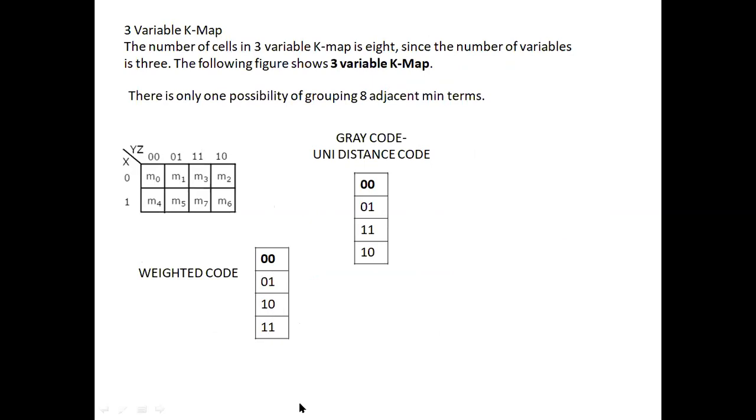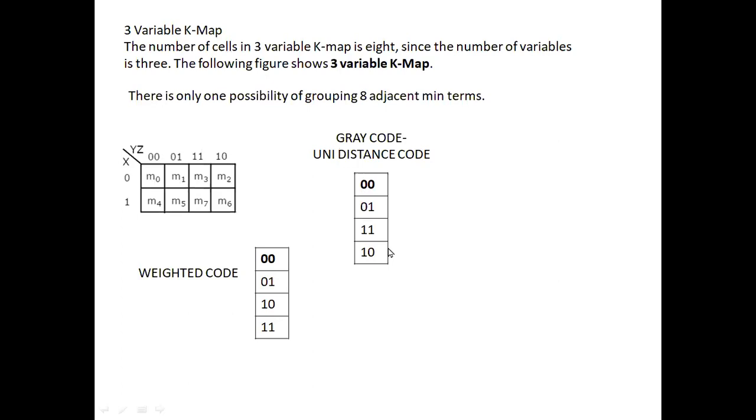If you go for the next things, you may have 3 bits here, so that you can have it in a different way. But here we are using unidistance code, that is gray code. The gray code says if you take 2 successive codes, they will differ in only single bit position. So here, if you take these two successive codes, 0 0 and 0 1, this bit got changed. Next, if you notice 1 and 3, 1 1 is common, 0 1. So you have 1 bit position difference. Next, if you take 3 and 2, again 1 1 is common and 1 0. This bit position is changing.